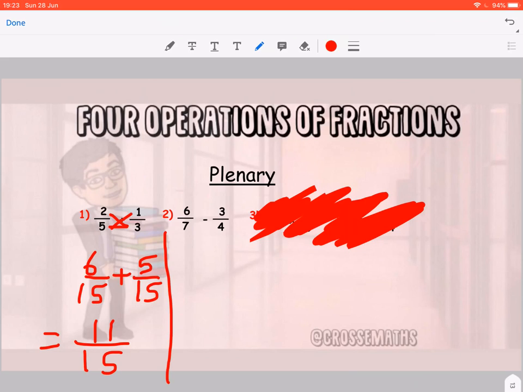Similar on the right hand side, but remember we've got to make the bottom numbers the same, but remember to take away at the end, not add. Okay, 7 times 4, 28 on the bottom of both. Minus goes in the middle. Okay, 4 times 6 is 24. 7 times 3 is 21. Once I'm here, it's going to be out of 28. 24 take away 21 is 3. If you got to there